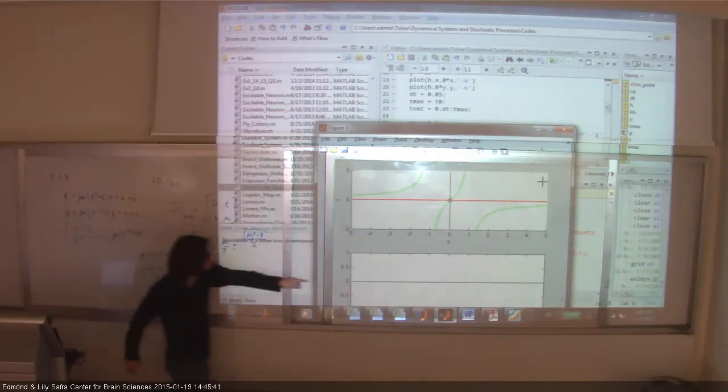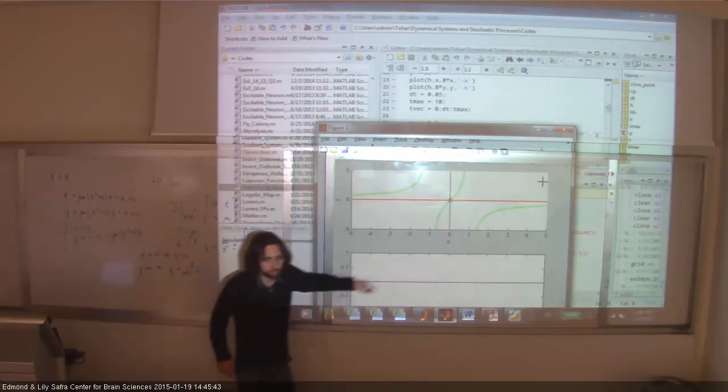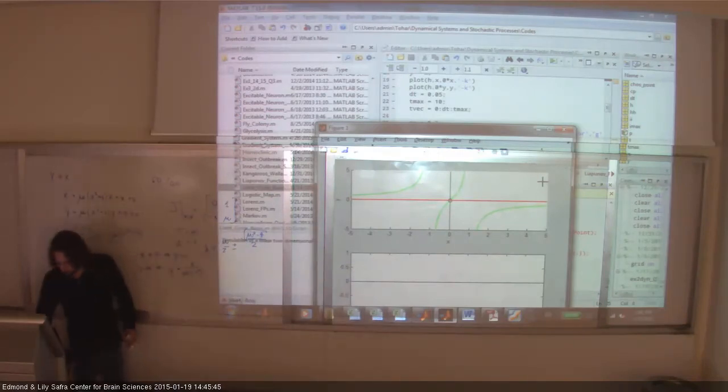And here I plot the x and y versus time. Okay, so I'm converging to this